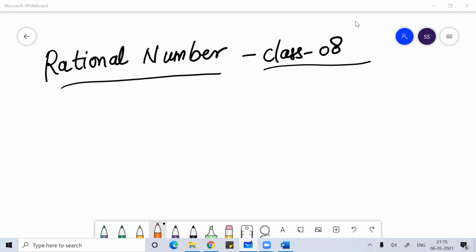And in this class, we'll discuss the basic properties of a rational number. Like we talk about closure property, commutative property, and associative property, where we discuss how they are different when we talk about addition of two rational numbers or more than two rational numbers, and when we talk about subtraction. So we'll focus more on addition and subtraction of rational numbers in this class.